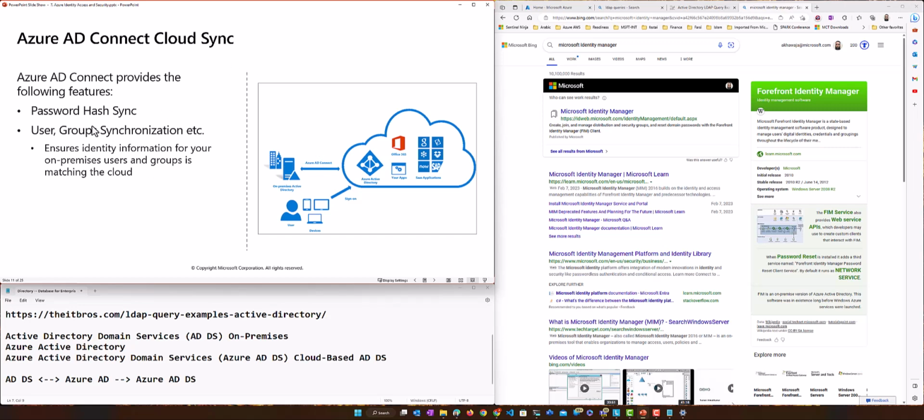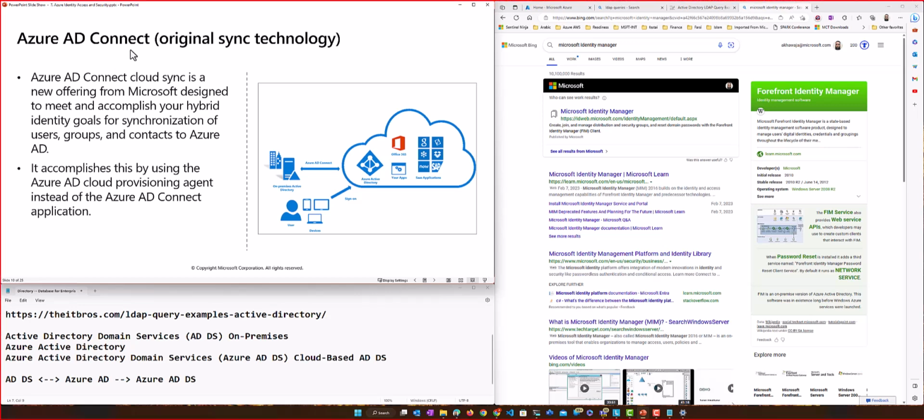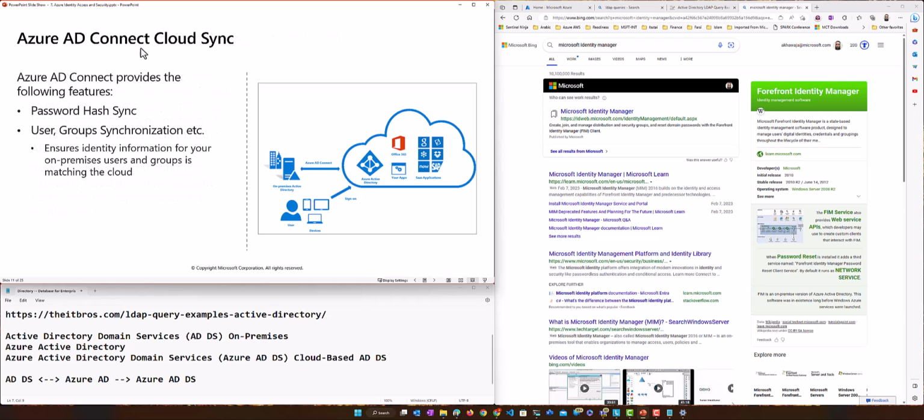This is the latest stuff, which is called Cloud Sync. Cloud Sync information is this, right? This one. इसका agent है basically, instead of the full application running on servers, and it does all the synchronization. But the main thing right now is to understand the key takeaway: whether it's AD Connect, which is a full server running with the synchronization software, or Cloud Sync, the new thing, which is a small agent controlled by Azure AD, controlled from Azure portal.